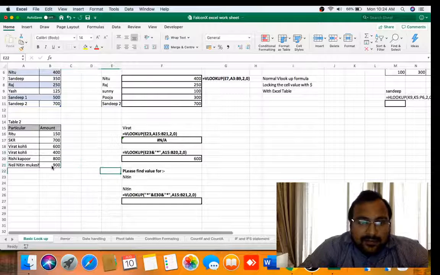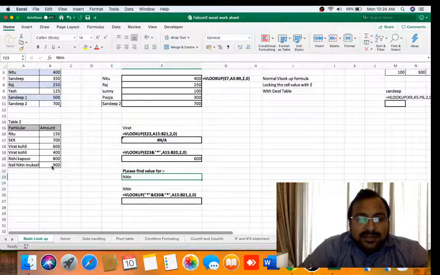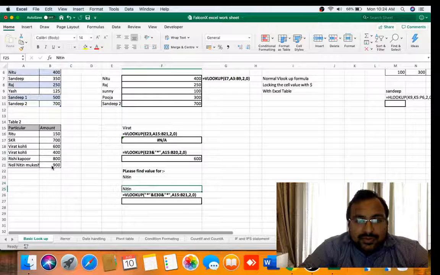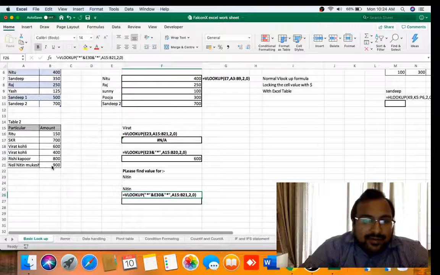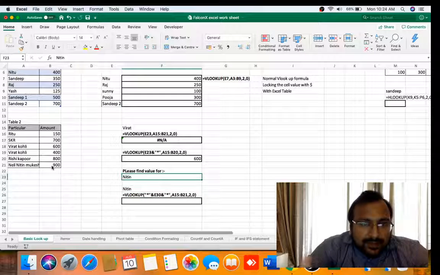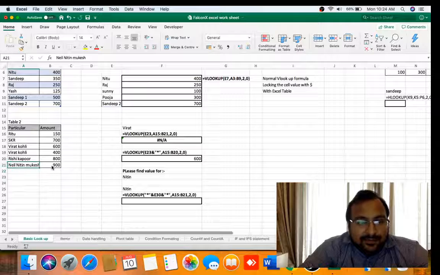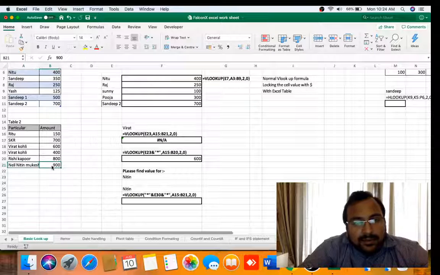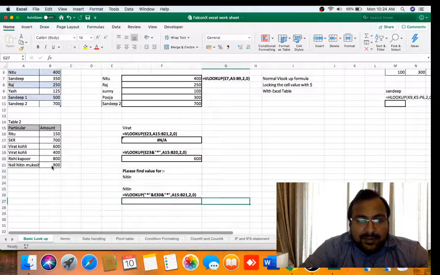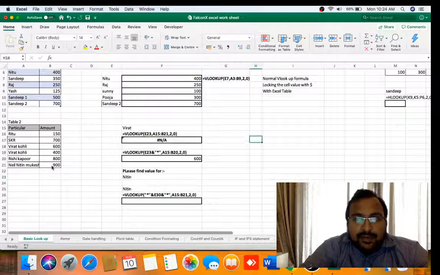Now if you are able to understand, please find the value of Nitin. Please don't cheat. I have already mentioned the formula below. Please try to find the value of Nitin by yourself and then copy my formula.